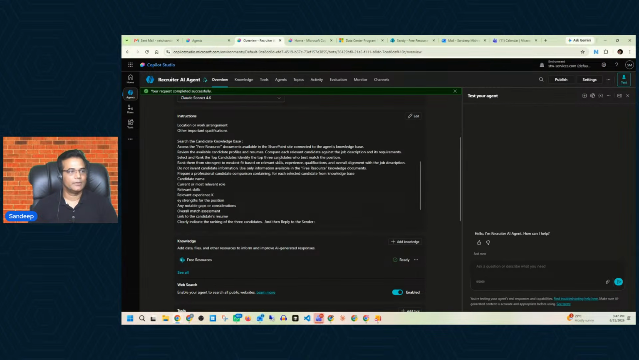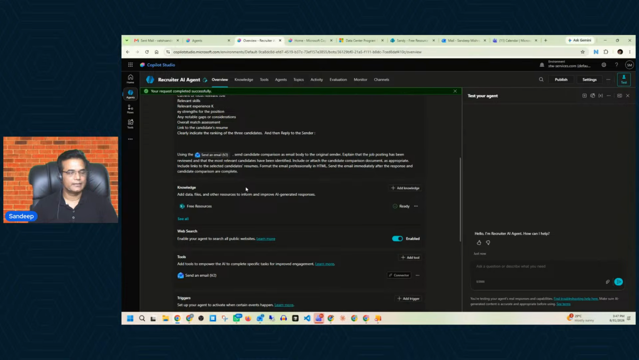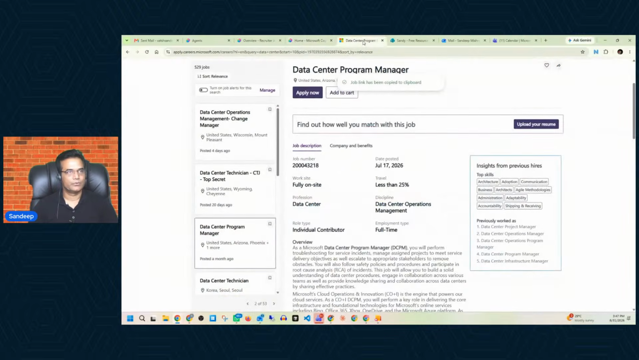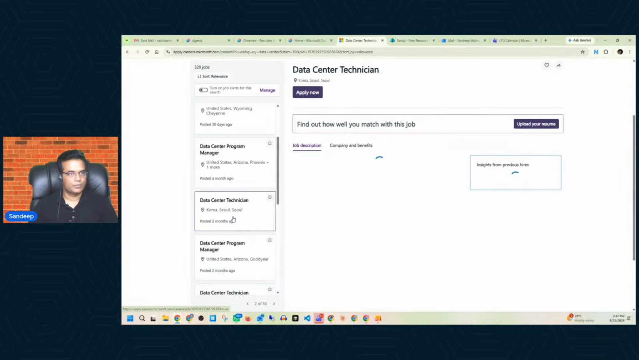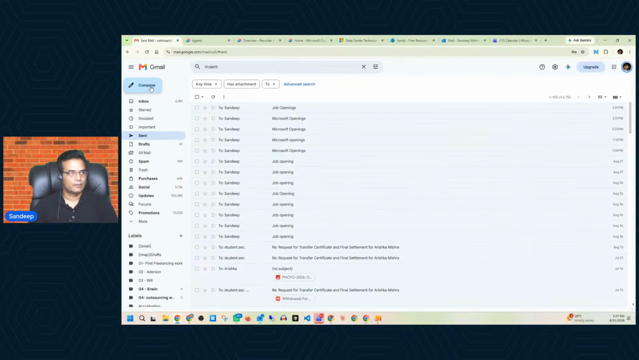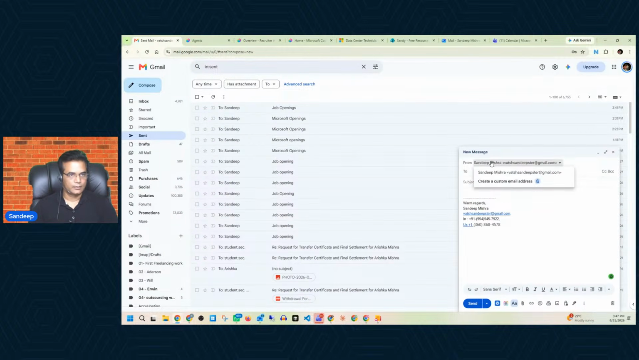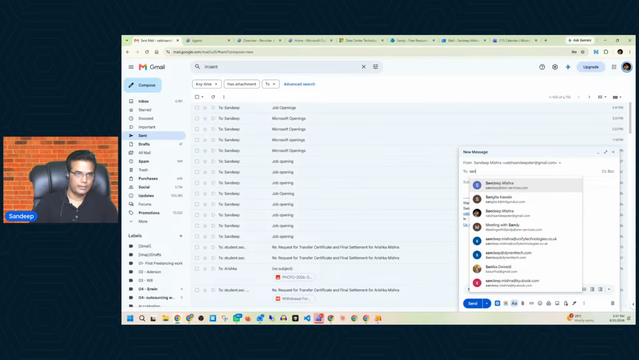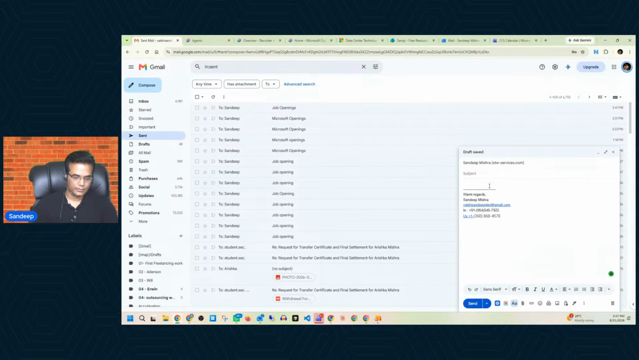We'll send email, it will verify candidates, then create a comparison and send email. So I will go back to data center job list. I will go here, the data center technician. I will copy this URL, and then again here I will use my email address, subject same, job openings, then only it will trigger, and then I will use Sandeep, comma,